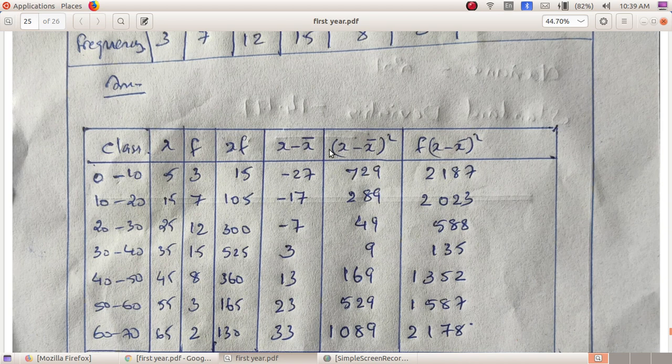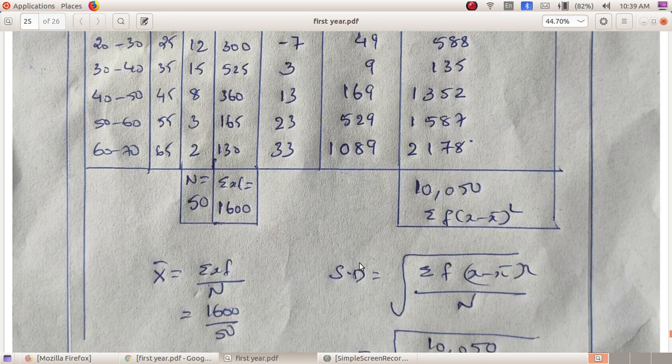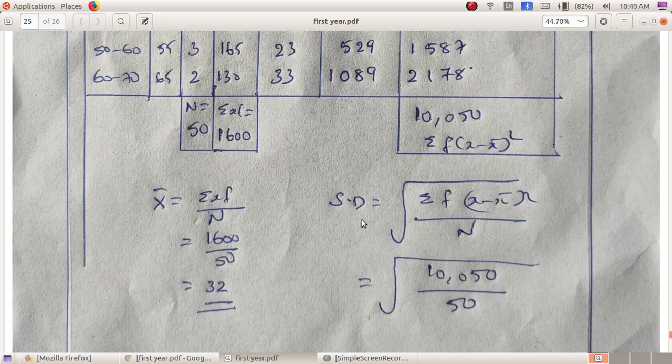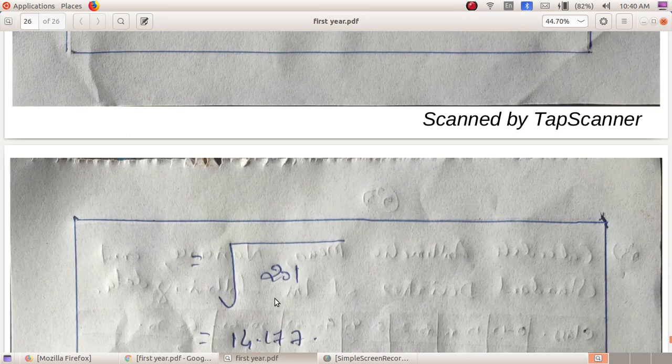The next one, f into x minus x bar all square. So you multiply f and x minus x bar all square. 3 into 729, this one, and this column is also filled. You add these numbers, that is sigma f into x minus x bar all square, as 10,050. Then by the formula of standard deviation, root of sigma f into x minus x bar whole square by n. So this by 50. So its answer is root of 201, that is